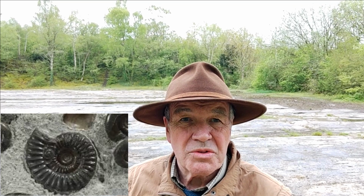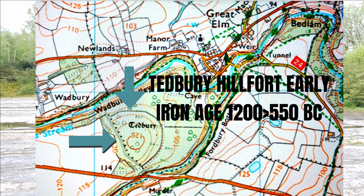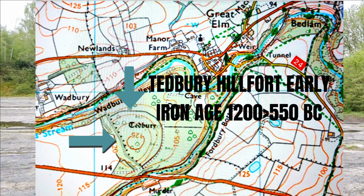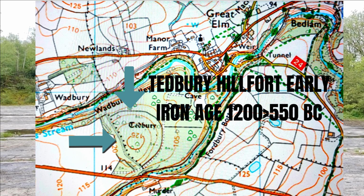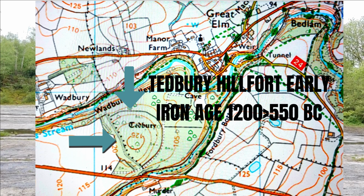Well, we've just come up onto the top here, and the first thing that you can see behind me here, if I just move around slightly, is this great big flat area that was once quarried out and has apparently a wealth of very interesting Jurassic fossils within the actual stone itself. I'll have a look around in a minute, see if I can find any, and then we're going to carry on up to Tedbury Hillfort, or Tedbury Camp,